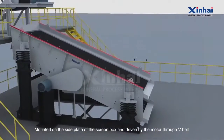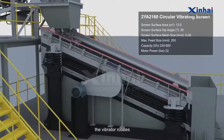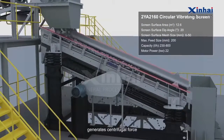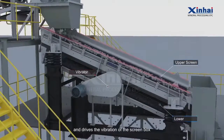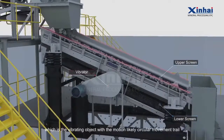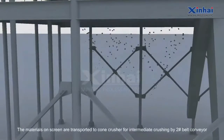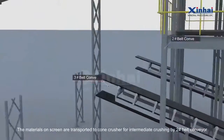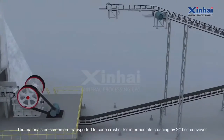Mounted on the side plate of the screen box and driven by the motor through a V-belt, the vibrator rotates, generates centrifugal force, and drives the vibration of the screen box, which is the vibrating object with a motion like circular movement. The materials on screen are transported to the cone crusher for intermediate crushing by number 2 belt conveyor,